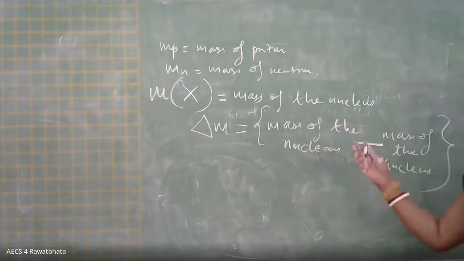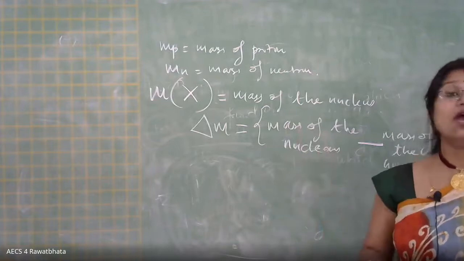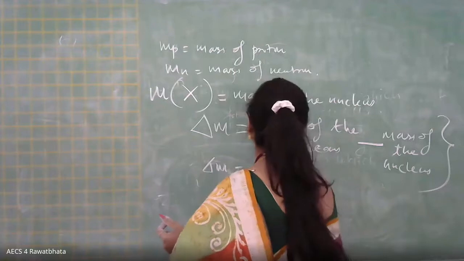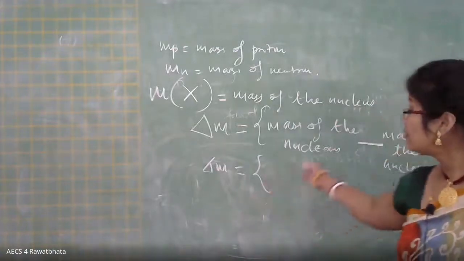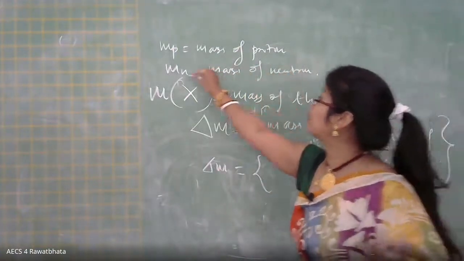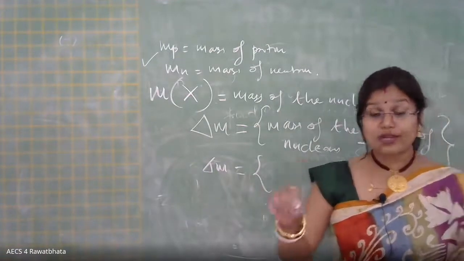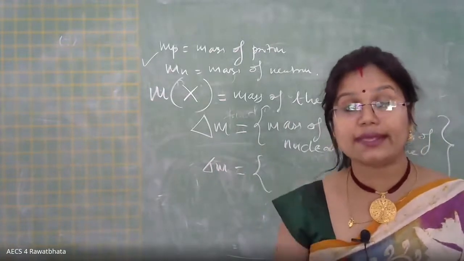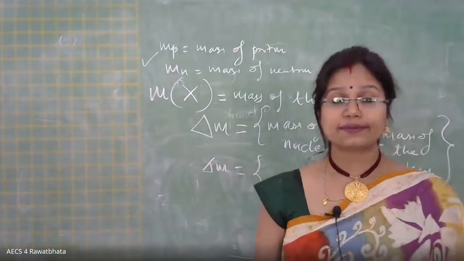That too, also number Z, and we are taking here A as the atomic mass number, meaning number of protons plus number of neutrons. So here, if you are talking about delta M, your delta M will be the mass of nucleons, meaning mass of protons plus mass of neutrons. Mass of proton we are taking as MP, and number of protons is Z. So if in a nucleus you have Z number of protons and the mass of each proton is MP, then the mass of Z protons will be ZMP.